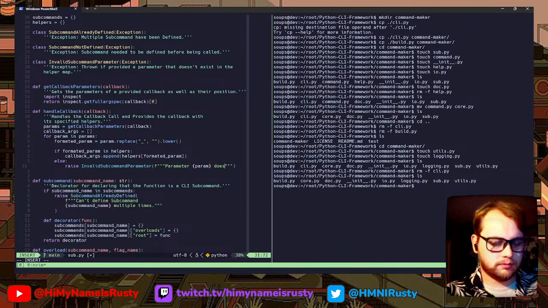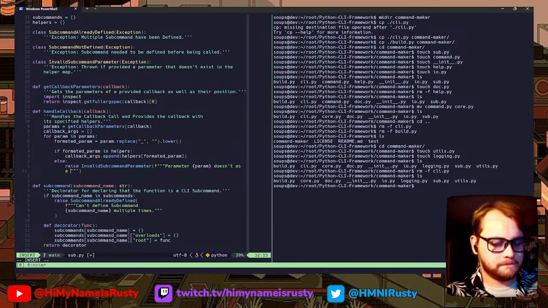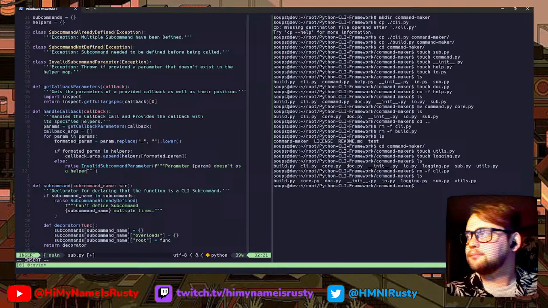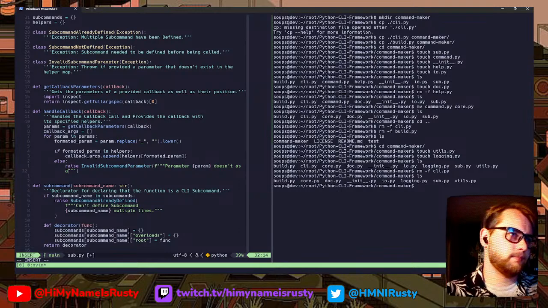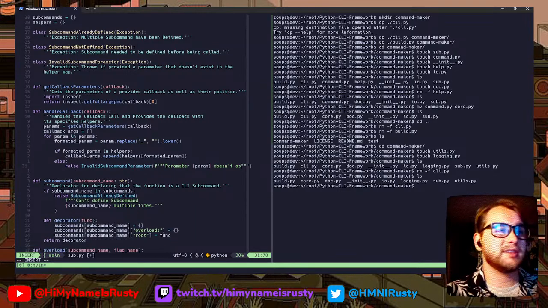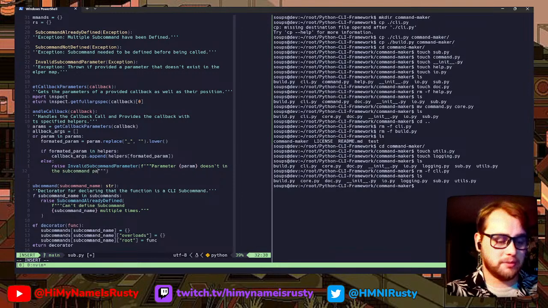In the case it doesn't exist as a helper, or in this subcommand. Parameter map.